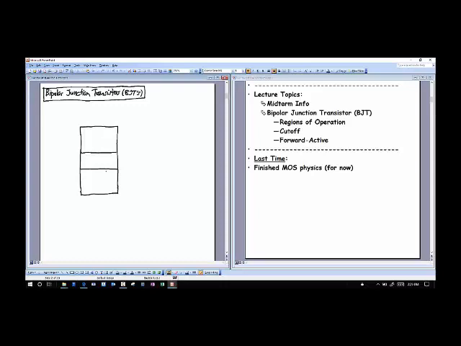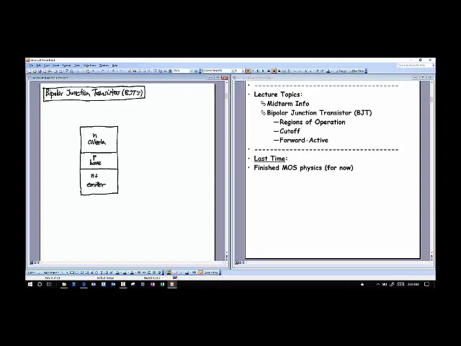The way that you make a bipolar transistor is you take N-type material, and that you call the collector. You put P-type material right up against that N-type material. That's the base. And then you put N-type material, but I'll make it N+, which means it's heavily doped. This will be the emitter. That is an NPN transistor here.